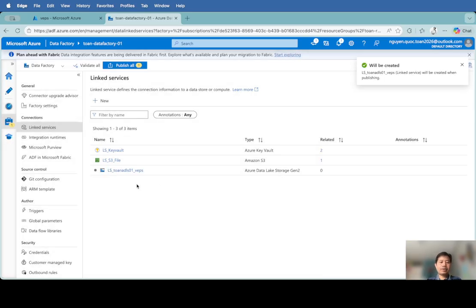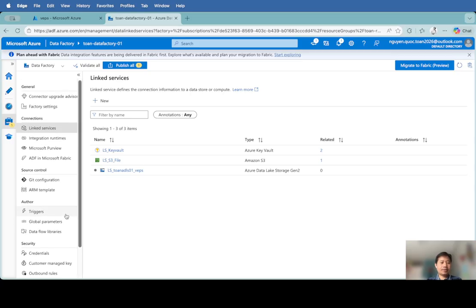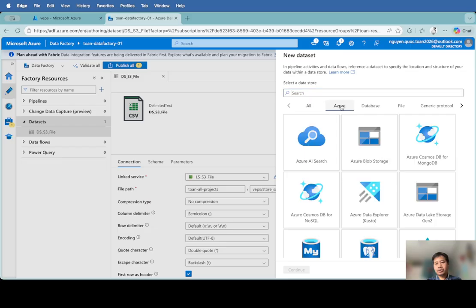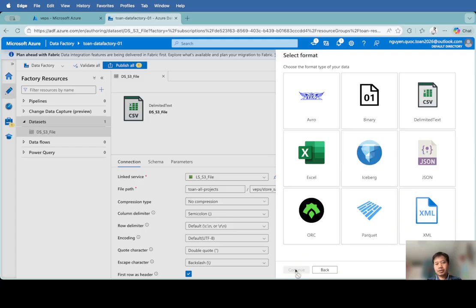So now our linked service for our storage account is already created. So let's create a dataset also for this storage account. Create new dataset. Also go to Azure, select Azure Data Lake Storage, click continue,